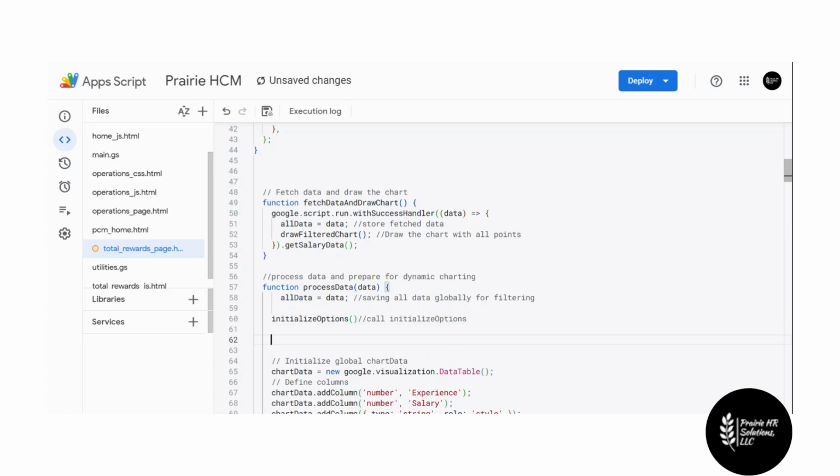And then we're going to need to call this draw filter chart. Okay, we'll just put call there. And we could pass a value in here to ensure that it's default. But if we leave it blank, it'll be defaulted anyway based on our